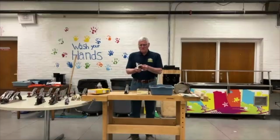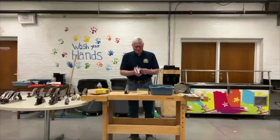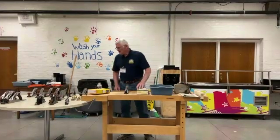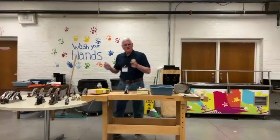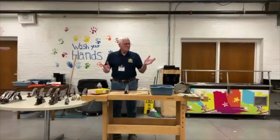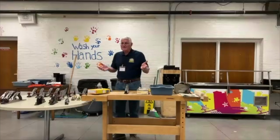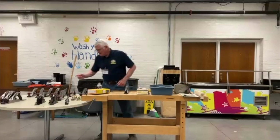They made a small hand version. I've gone to tool auctions and watched guys pull these things out and look at them and then make a bid on a hand plane. If you want to get into getting a hand plane for value, you're wasting your time. Not worth doing. If you want to have a hand plane that you can hang up in your shop that you like to look at, I do that. I like that. In fact, this one right here